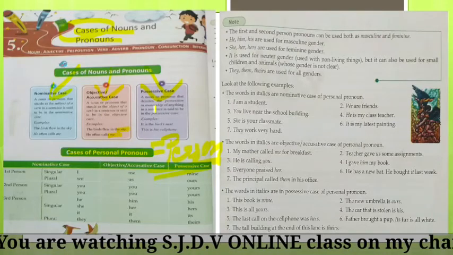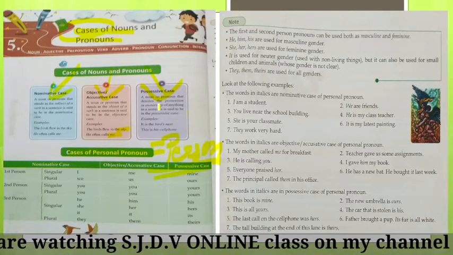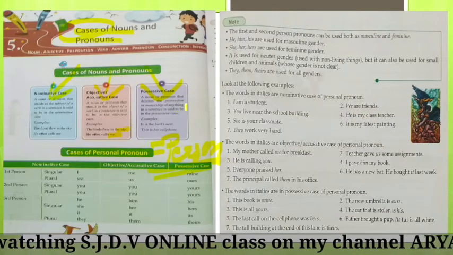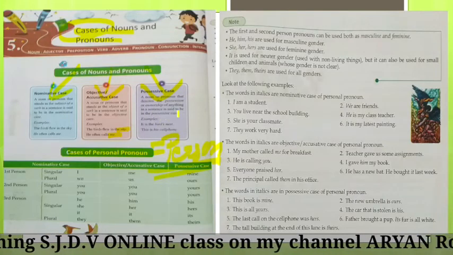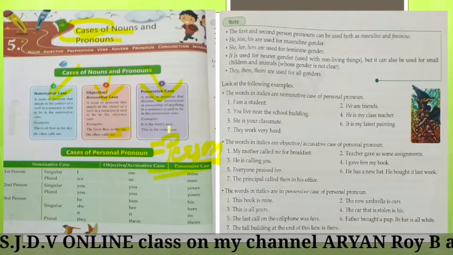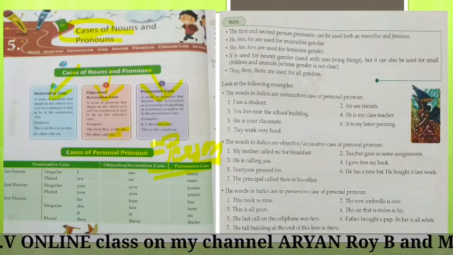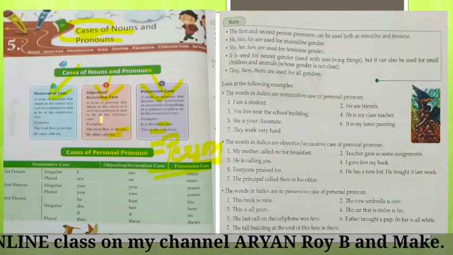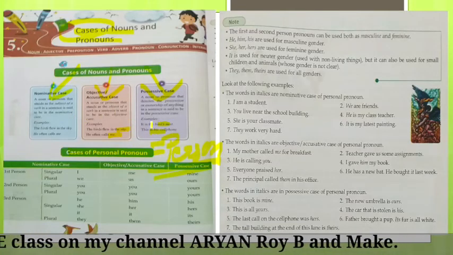And now the possessive case. In one word, the possessive case means the apostrophe, like this. A noun or pronoun that denotes the possession or ownership of anything in a sentence is said to be in the possessive case. You can see, it is the bird's nest, apostrophe. This is his cell phone. Okay, his. So here you can see the nominative case, objective case, possessive case. This part we have understood.